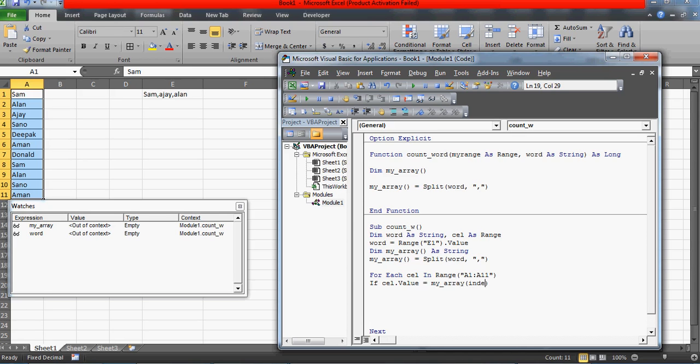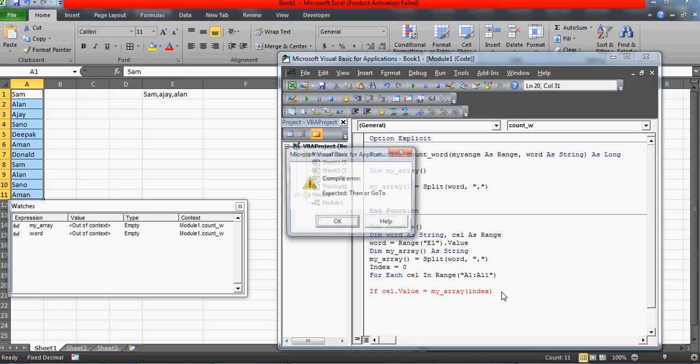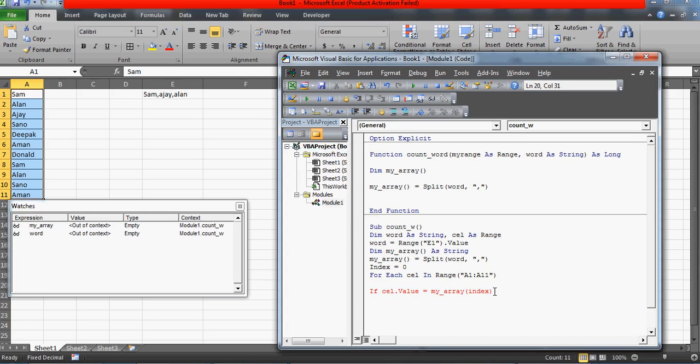So I'll write here index, and I'm going to write here index value so that it should start from 0. But even if I don't write it, it will take the 0. So if my cell dot value equals my array index,